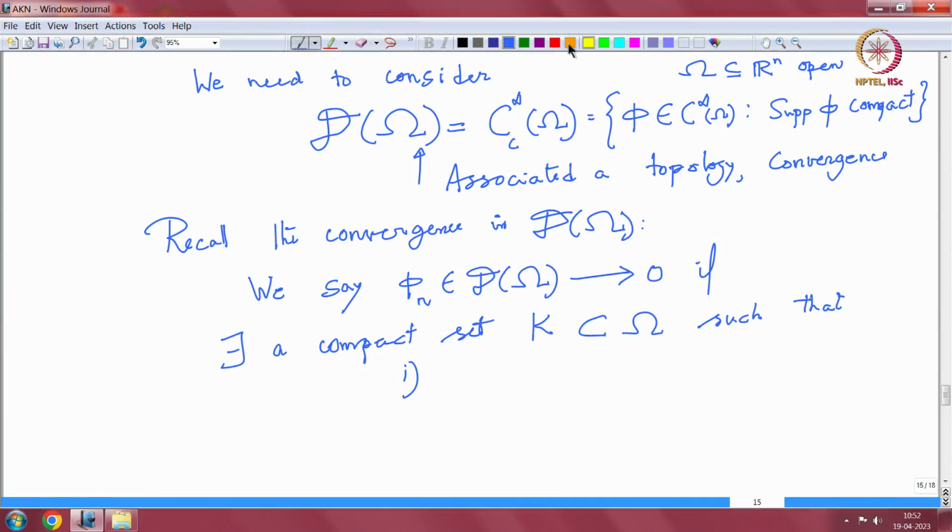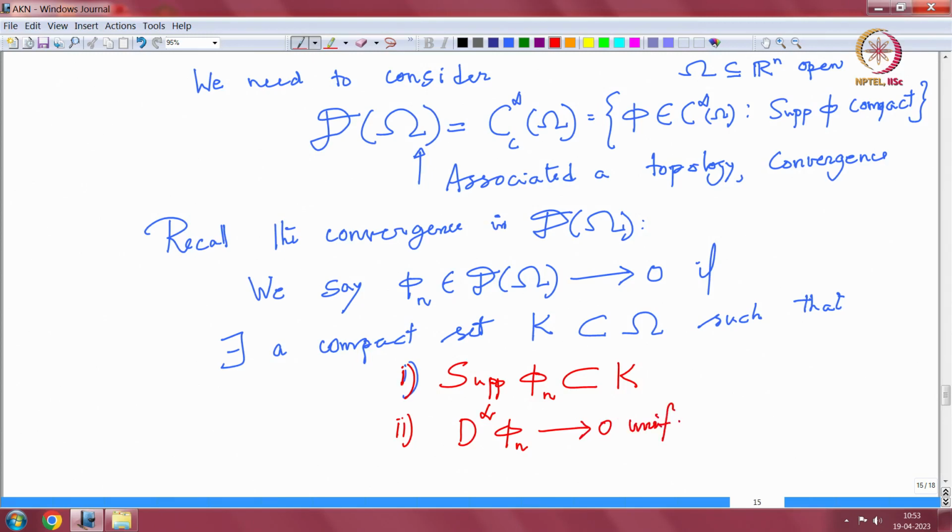So, let me write it in a color. Support of phi n contained in K, that is okay. So, the second part: this is the first part, support of d power alpha of phi n converges to 0 uniformly. It is enough to say uniformly, but because of the fixed compact set, it is uniform in